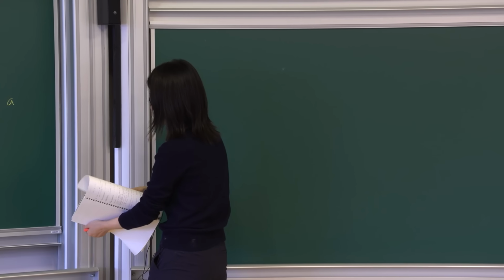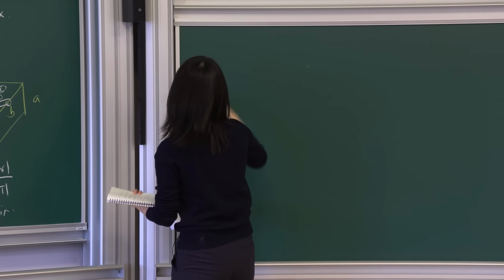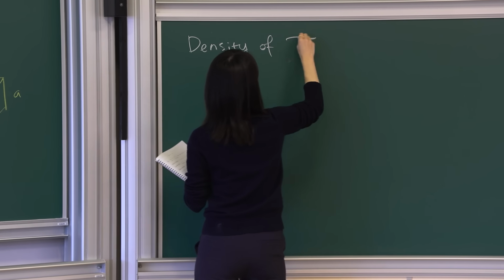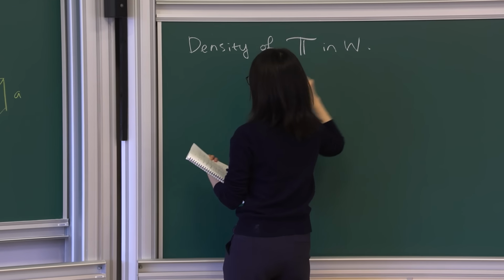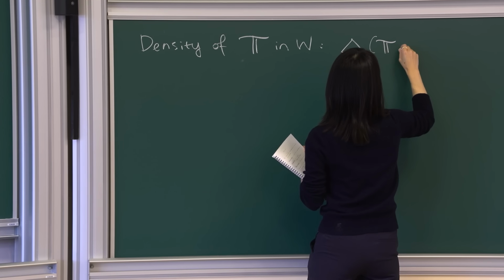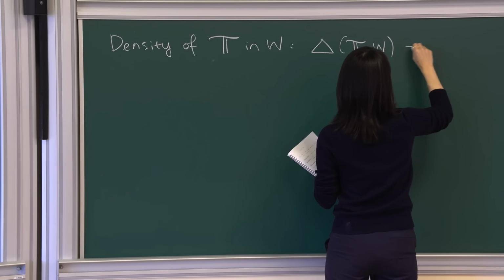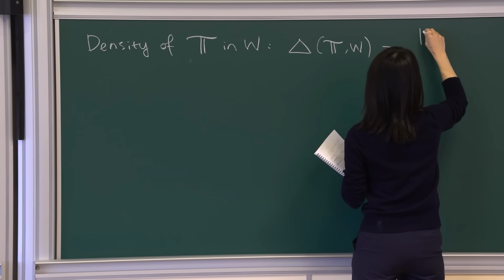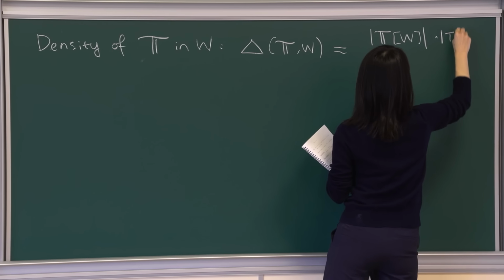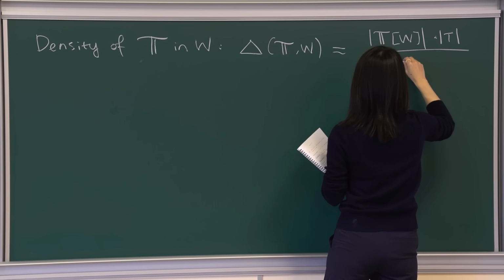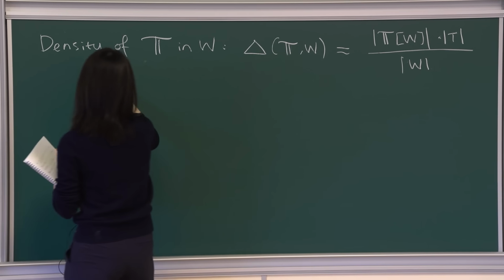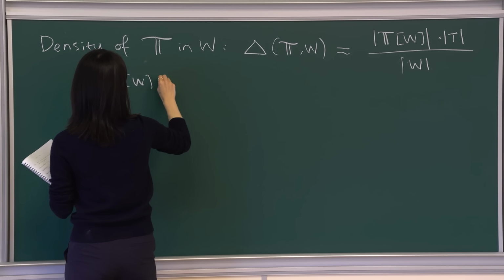so before doing that, let's define the density of T in W. So this density is quite natural. It's just as follows. So this is roughly the number of tubes contained in W times the volume of one tube divided by the volume of W. So T bracket W means